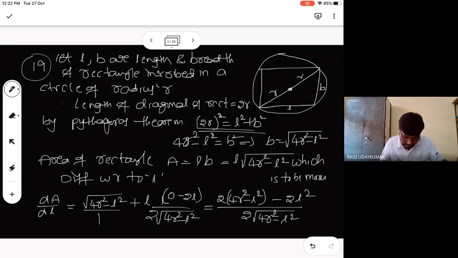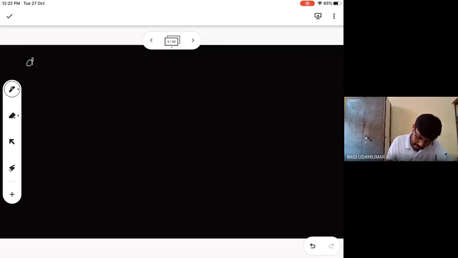I'm doing it directly here a little bit because the place is not sufficient. Here I am taking the 2 common. Whenever I take the 2 common, these 2 will be eliminated. So 4R square minus L square minus L square, so 4R square minus 2L square we are going to get. I'll write on the next page. dA by dL, area with respect to L, is 4R square minus 2L square by